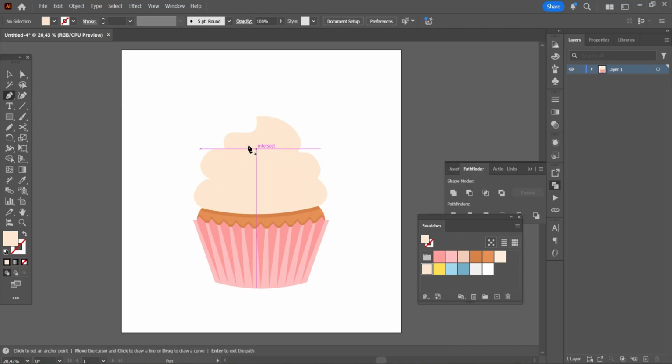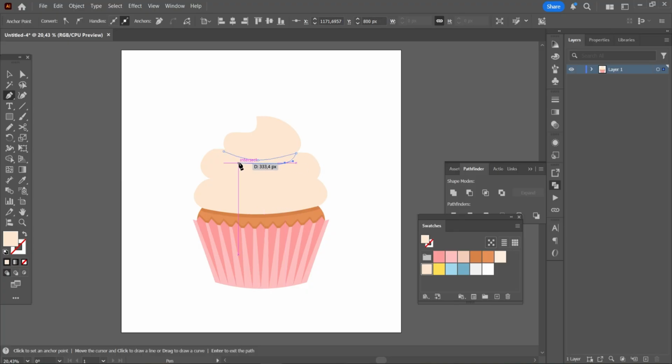Then draw a shadow shape here. And fill it with a darker color.